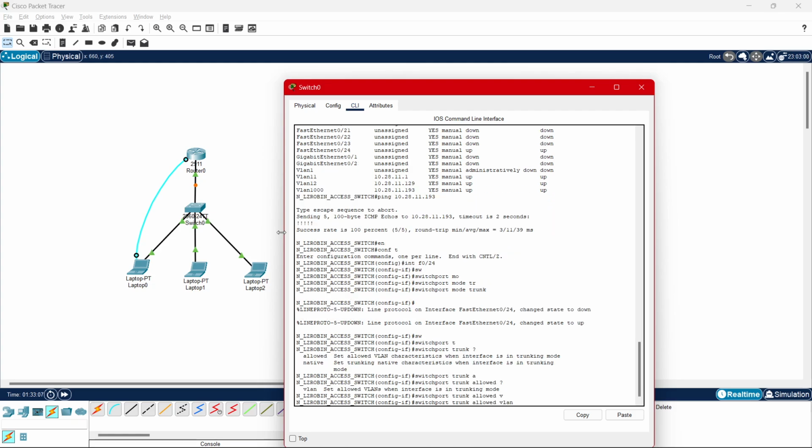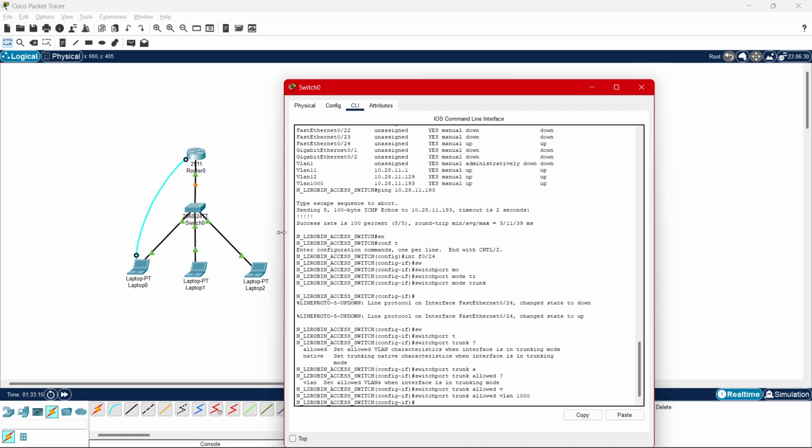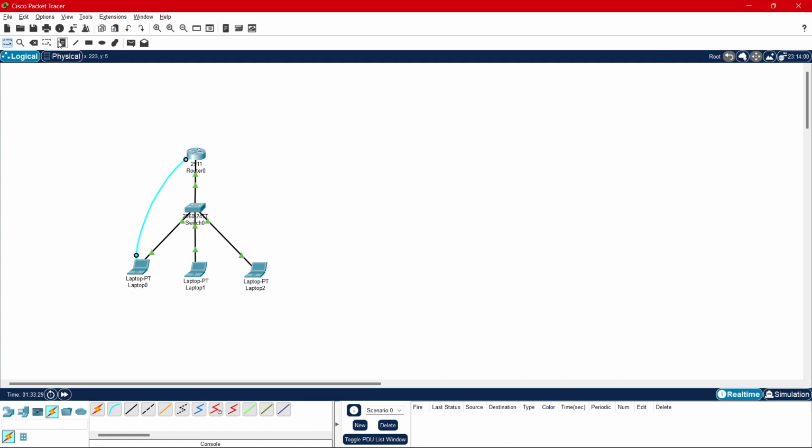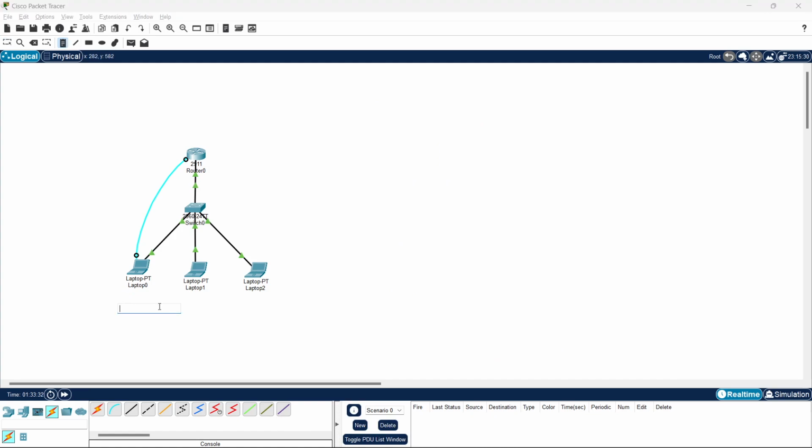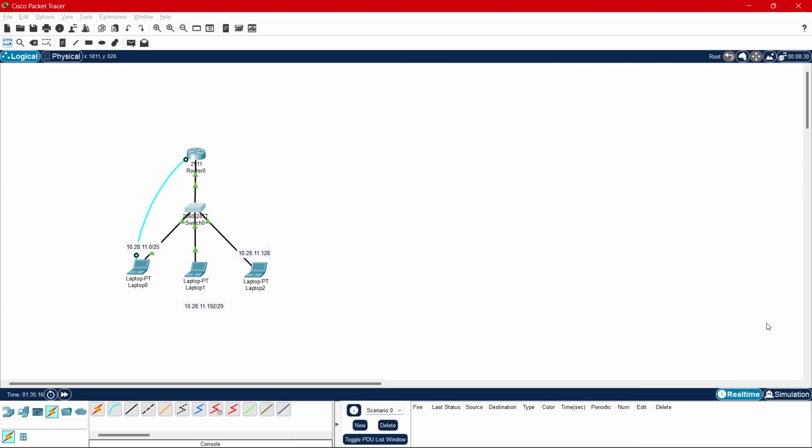allowed VLAN, and the VLAN for the management is 1000. So now we're allowing VLAN 1000 to access this trunk port. And everything is fully initialized. In order to finish the rest of this, you would apply the IPs to these laptops. So for first MEF or users S1, we would use the network of